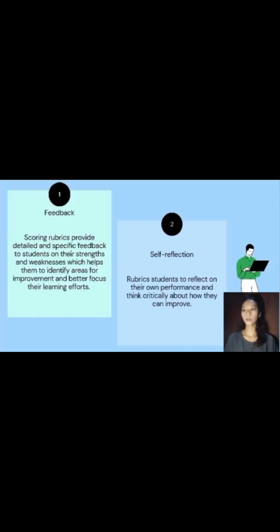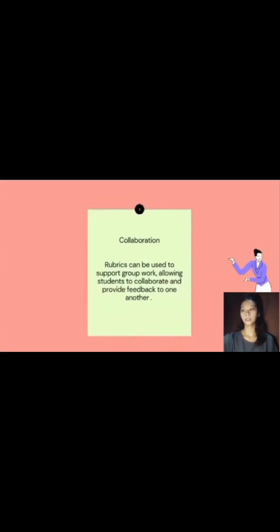It promotes a growth mindset and helps students develop the skills and knowledge needed to succeed in their academic and professional pursuits. So the third one is collaboration. Rubrics can be used to support group work, allowing students to collaborate and provide feedback to one another. Collaboration is important in scoring rubrics because it helps to ensure that the evaluation process is fair, consistent, and